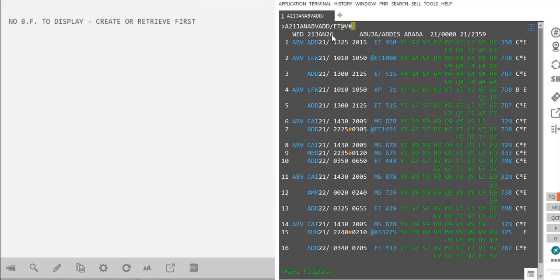The next is to display it with first availability request